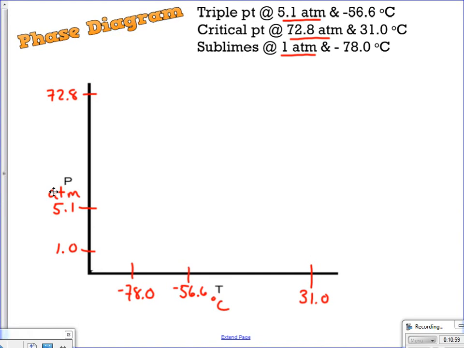So it says it sublimes at negative 78. And maybe I'm not doing this great. We'll find out. 5.1 and negative 56.6 is the triple point. And the critical point is 72.8 and 31. Okay. What that means